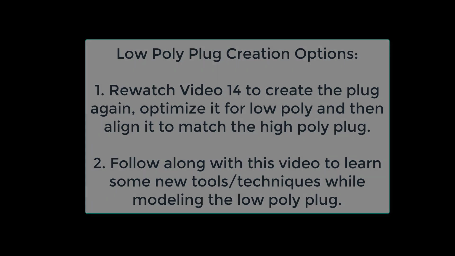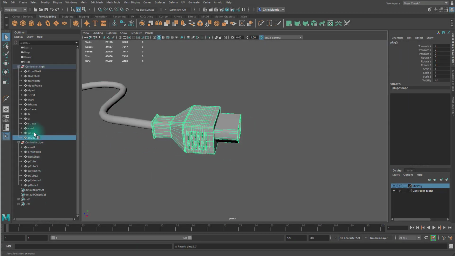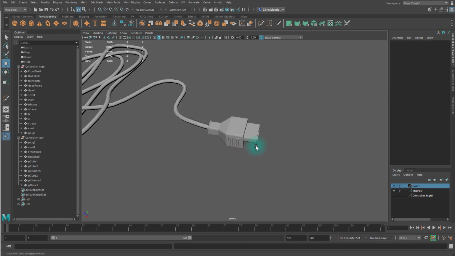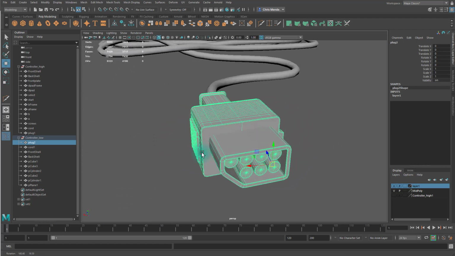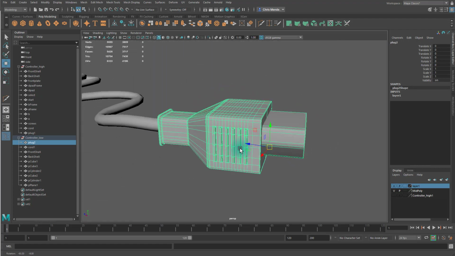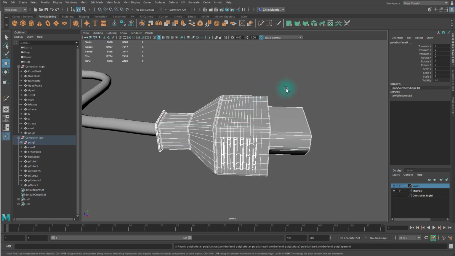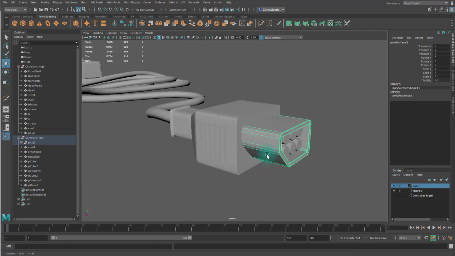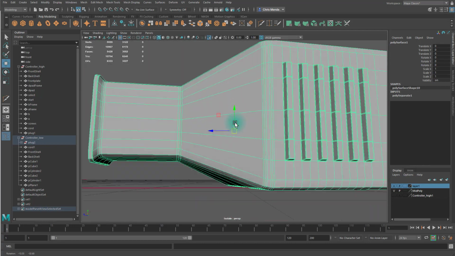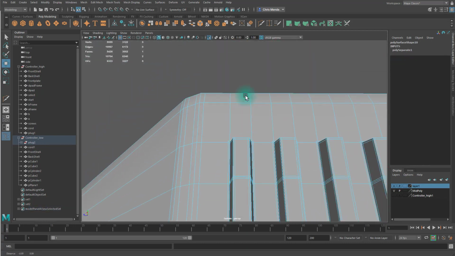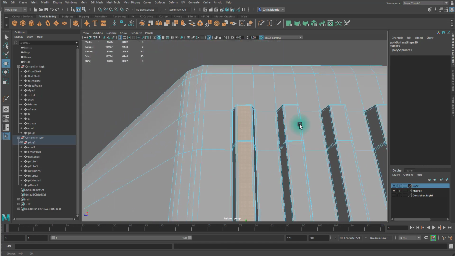And let's start. So I'm going to select the plug and I'll hit Control D to duplicate it, and then I'll drag the duplicate into the low poly group. Next, I'll hit Mesh and Separate on that new duplicate version, and let's rebuild this piece into an optimized low poly piece. So I'm going to select these faces here to start with,